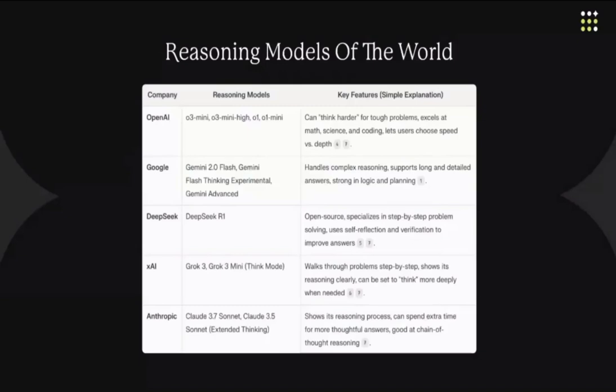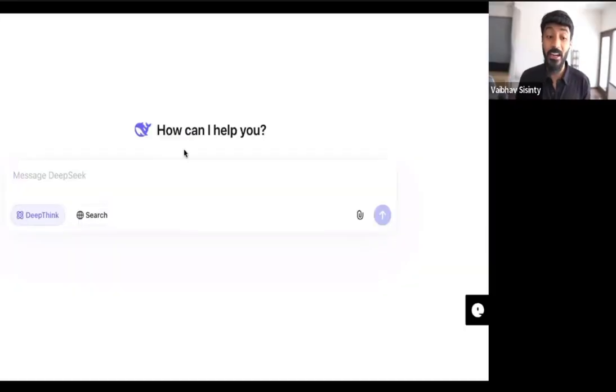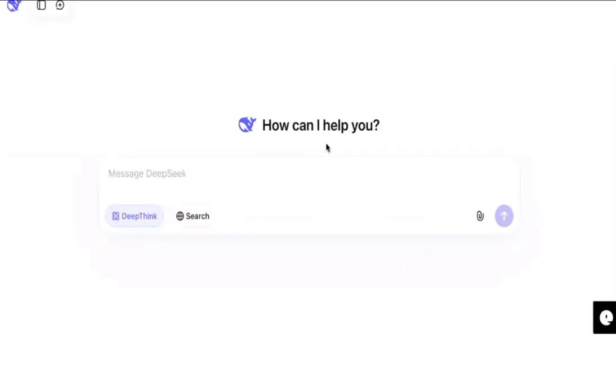Now, there are a bunch of reasoning models out there. OpenAI has GPT-5 right now. Before that, they had O3 Mini, O3 High, and whatnot, O4 Mini and O4 High as well. Google has 2.5 Thinking. But the company that started this trend of reasoning models is called DeepSeek. What DeepSeek did is introduce the world to the power of reasoning models. And where does reasoning come in? When you want to write an email, it doesn't need to think. But when you are given a task which needs thinking, this is where reasoning models come into effect, and